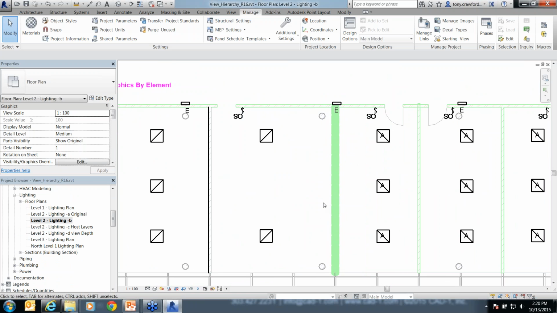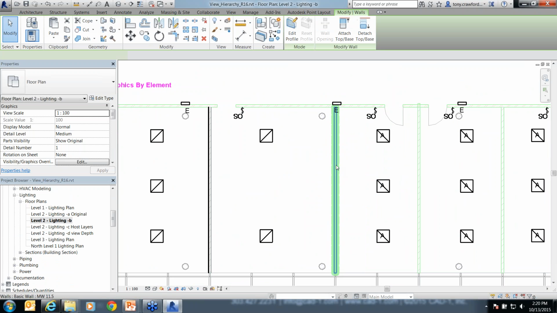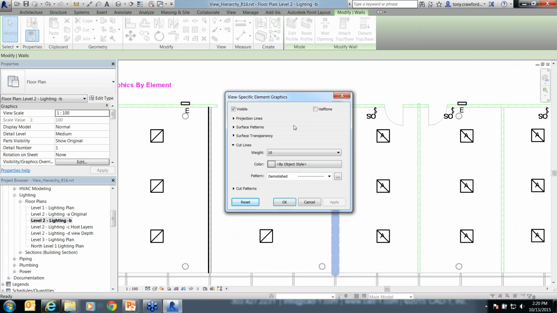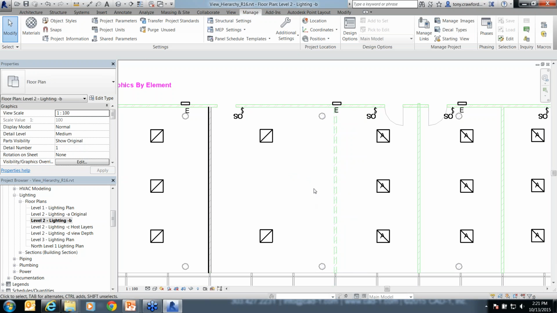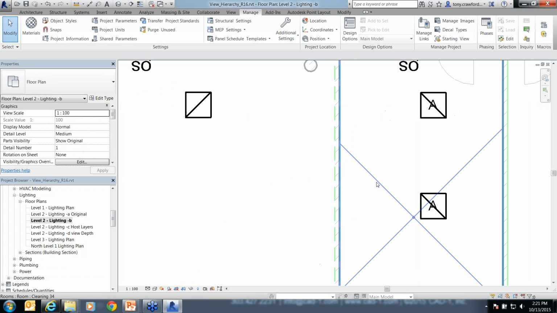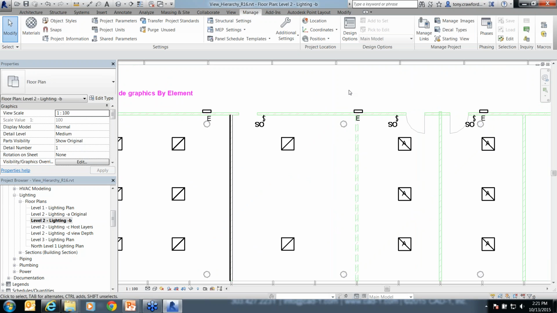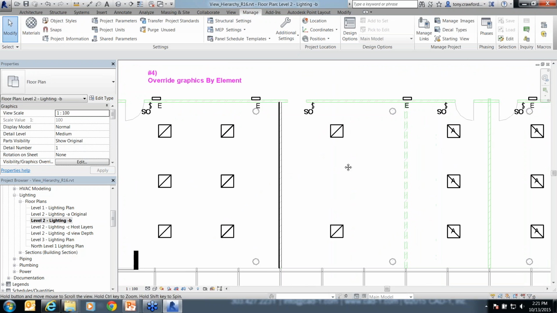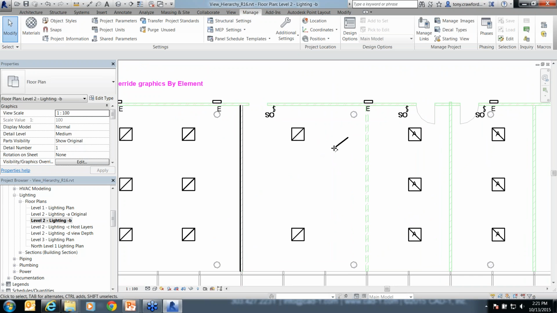So maybe the intern did it override by graphic category, and then somebody else duplicated that view, which is what happened here, except for the intern. Now I've got that in a handful of views. So now instead of fixing it once, I have to fix it like 4 different times. And I have to go in here and, oh, geez, it was only 10 seconds, but I shouldn't have had to do that. And I had to do it over and over because it happened in multiple views. Yeah, just use filters. Try not to override graphics by element